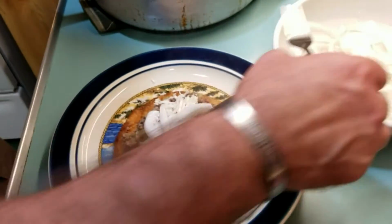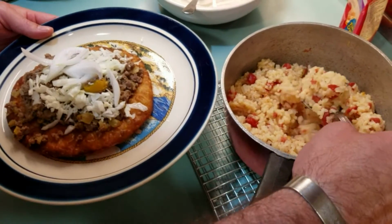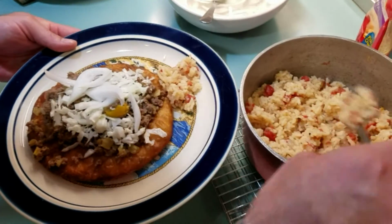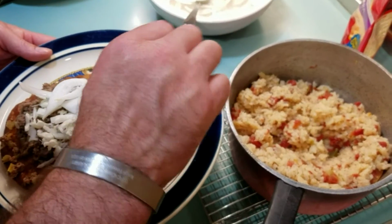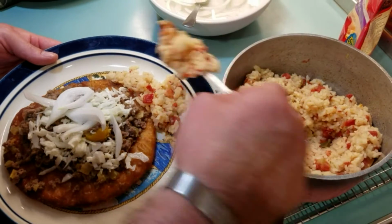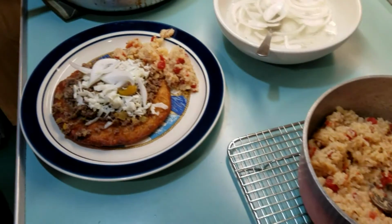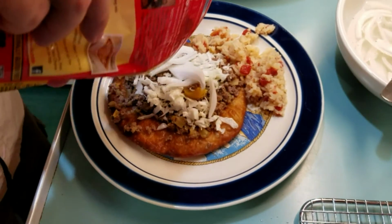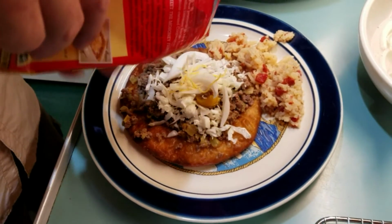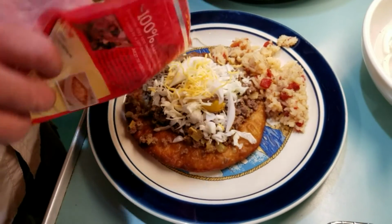And as a side, we have a little bit of Spanish rice. If you'd like to have this recipe for the Spanish rice, go ahead and ask in the comments and I'll give it to you. Oh, cannot forget a little splash of cheese. And if you like sour cream, you can put sour cream, but I like it just like this. All right, fellas, this is a Honduran